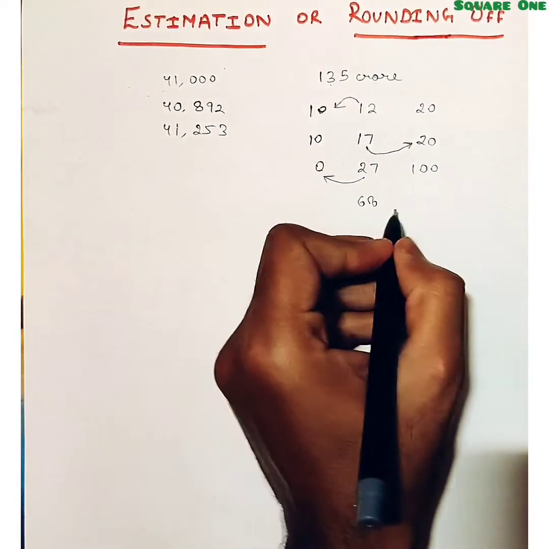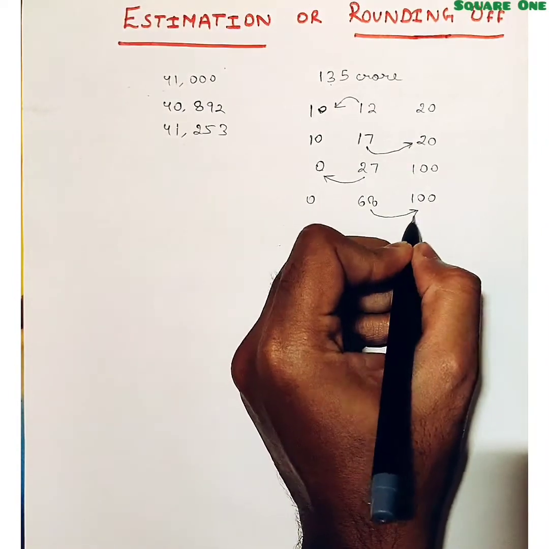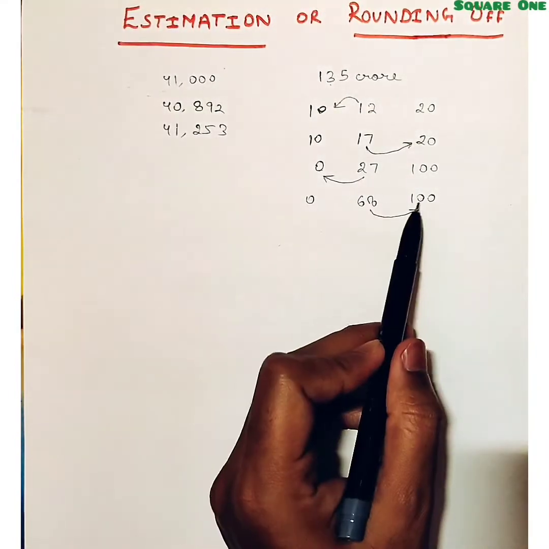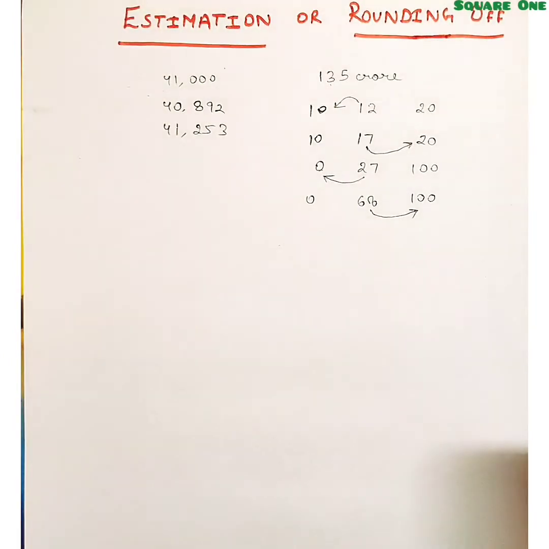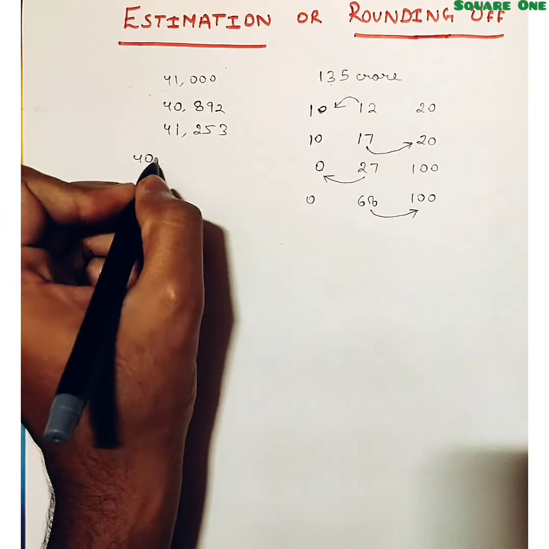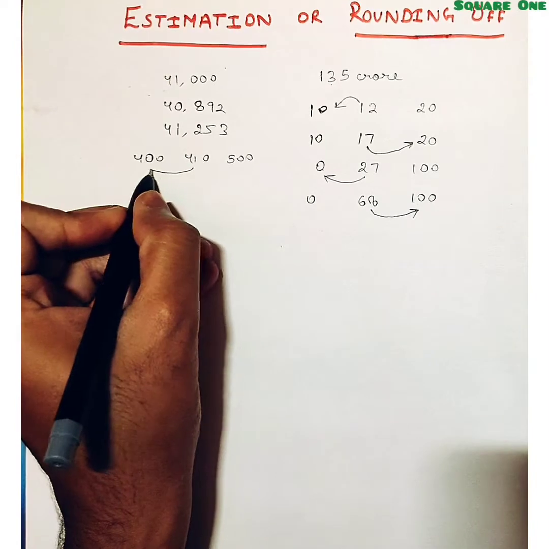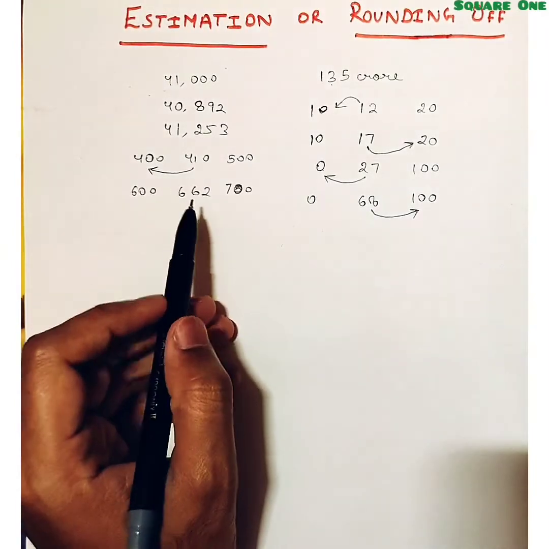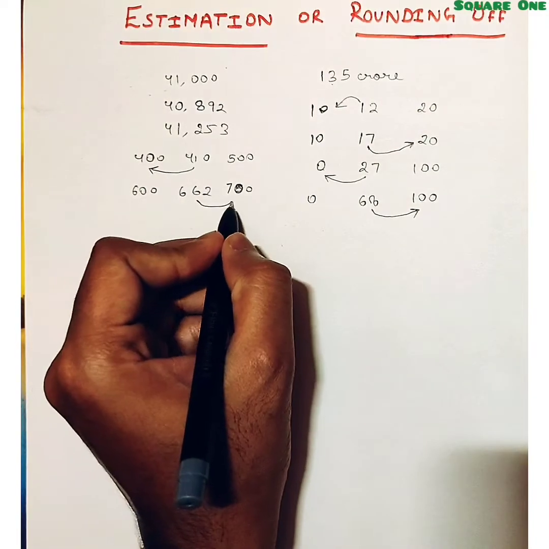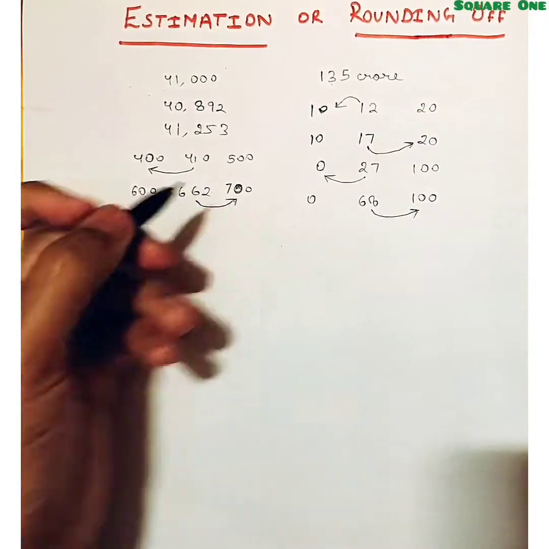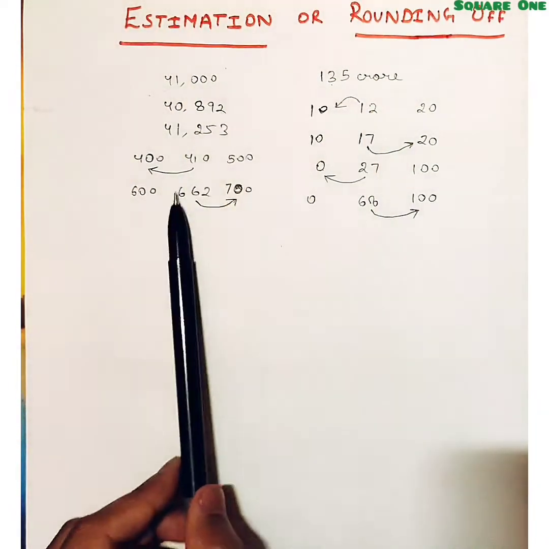If I ask you whether 68 is closer to 0 or 100, you will say that 68 is closer to 100. There is only a gap of 32 between 68 and 100, but here the gap is of 68 numbers. If I ask you whether 410 is closer to 400 or 500, you will say that it is closer to 400, right? If I ask you whether 662 is closer to 700 or 600, you will say that it is closer to 700. Now here you are doing estimation, or you are simply rounding off these numbers to the closest